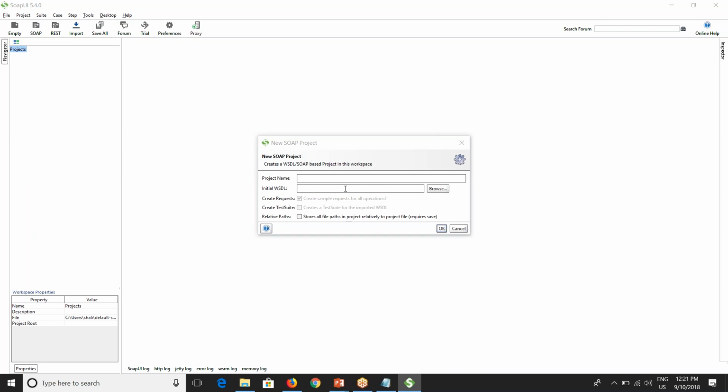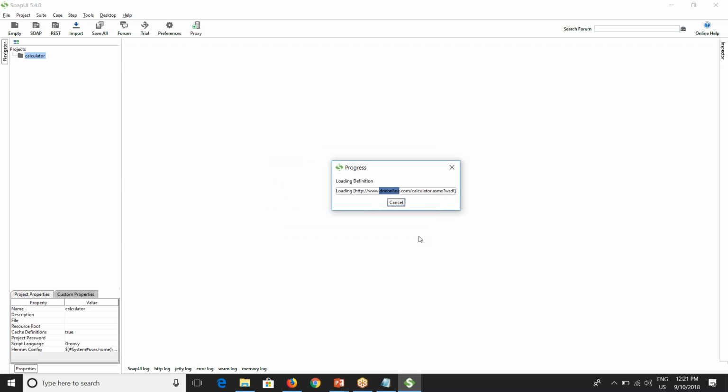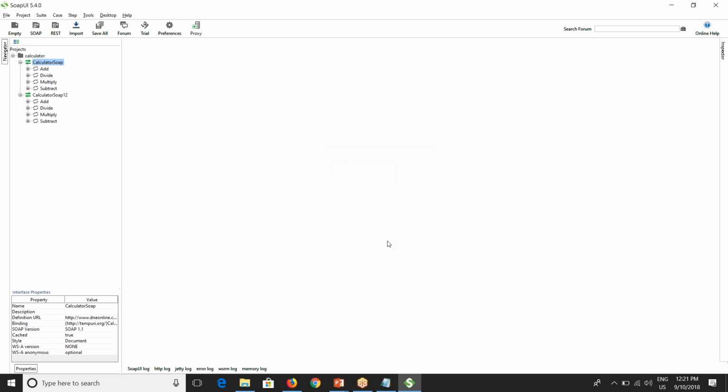So here I can pass the WSDL. I'll just paste the WSDL here. In most cases, we just have to append question mark WSDL. And when you click on OK, see here, it gives you the definition. So here you have add, divide, multiply, and subtract operations available. Now, if I extend this and click on request one,